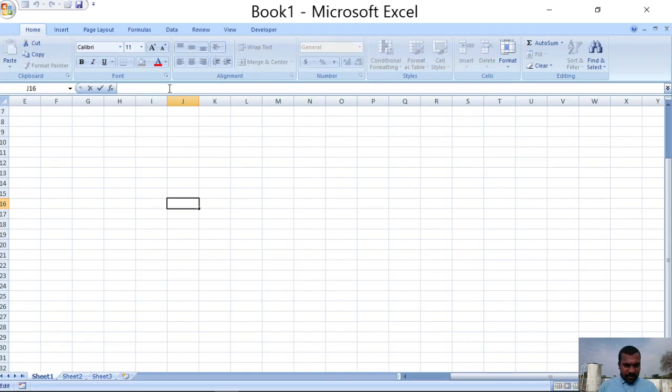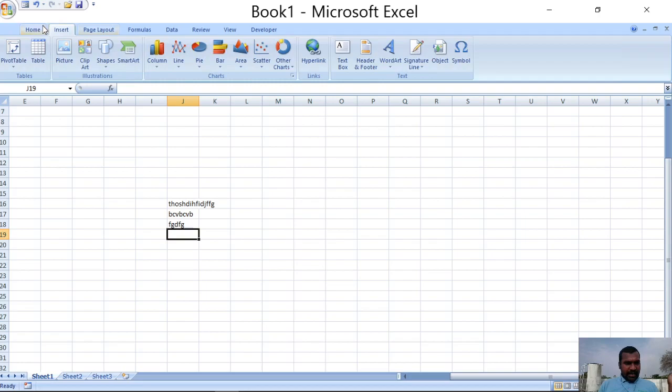And this is the formula bar. With the help of the formula bar we can enter the data onto the active cell. By double clicking also you can enter the data. You can press F2 to enter the data. So this is the way we can enter the data onto the cells.